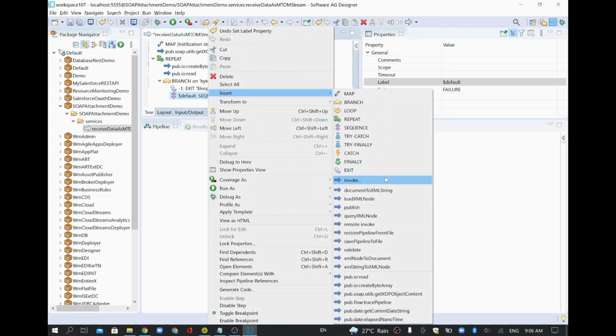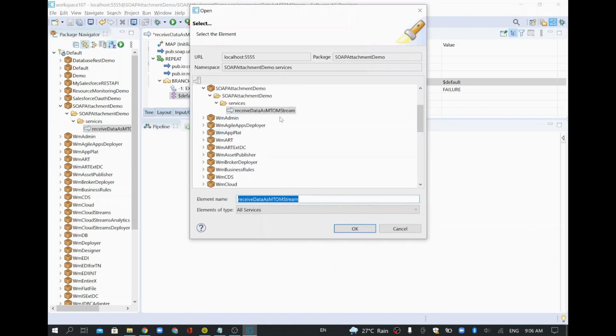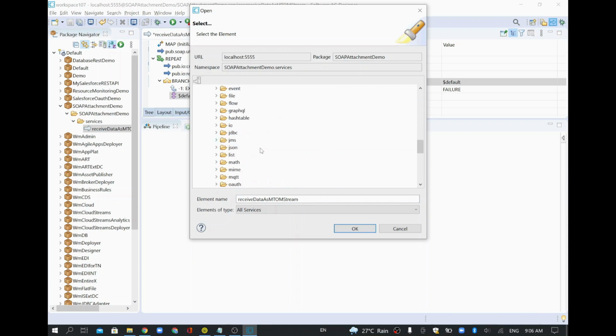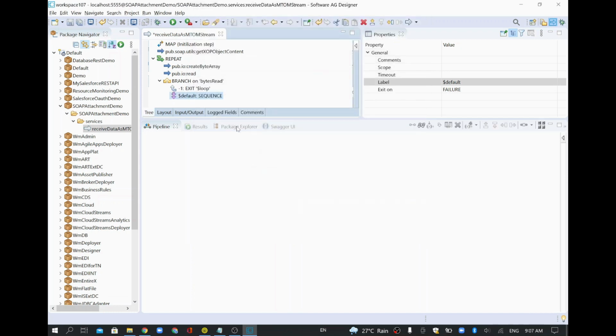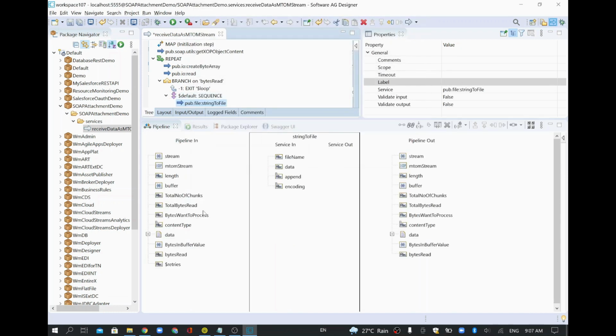When you want to write into the file system, you will use something under wm public pub, and then I have something called the file folder. Just scroll up to the file folder, and to write into the file system we can use stringToFile. But whatever we have so far is everything as a buffer, so that's kind of an object. We don't have any data in a string.